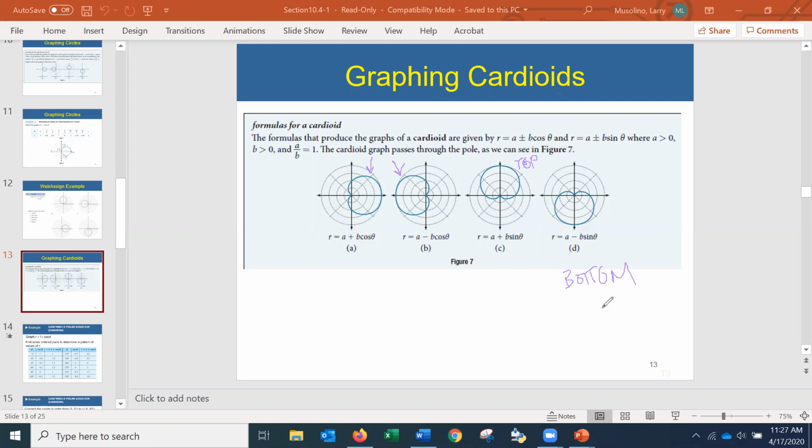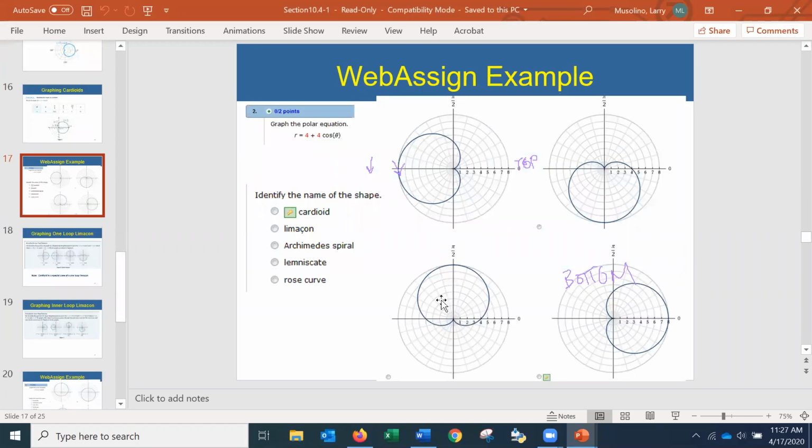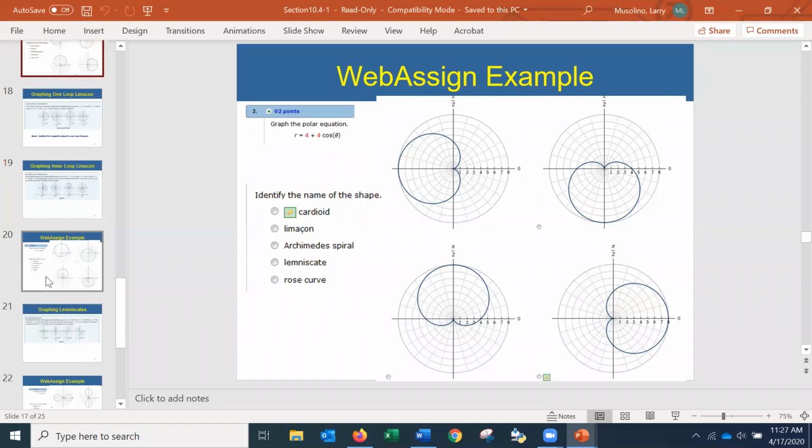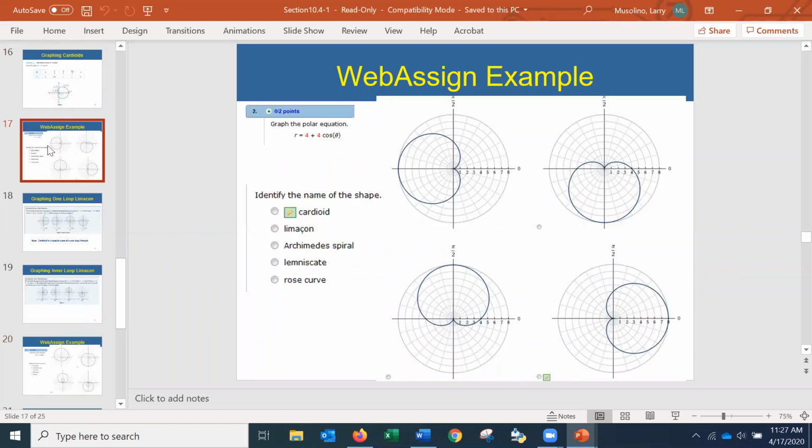So the idea for graphing is we don't really want to graph these by hand. We want to take the equation I'm given and match it up to one of these libraries to determine the shape of the graph. All right, so let's do some WebAssign examples. I think we did some last time, but let's finish up. Let me do one or two examples that we already did just to remind you of the setup. Let me do this example here on slide 17. I think we already did this one, but let's review it quickly.